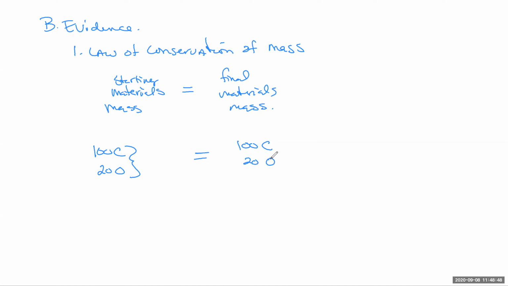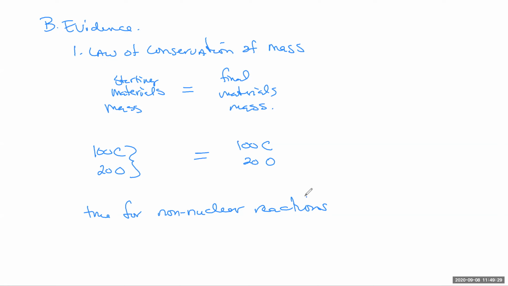The atoms can just recombine in how they join up. So atoms can't be created or destroyed, meaning if you start with a carbon atom, you're going to end up with a carbon atom. Now, is this really true? This is true for non-nuclear reactions, which we don't really talk about in this course, but as you go through the different chemistry classes, you can actually change one element into another element by doing a nuclear reaction. But for us in this class, whatever the atom is going to stay at. So the law of conservation of mass, if you started with 100 grams, you got to end up with 100 grams. That's got to be true.